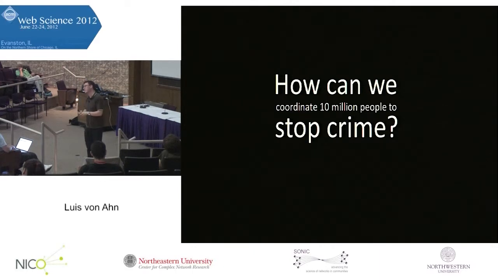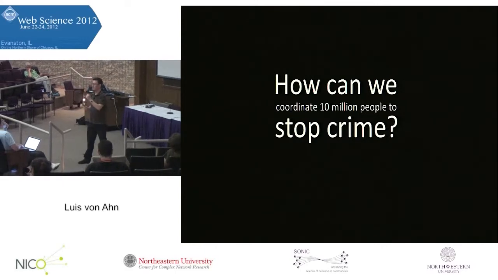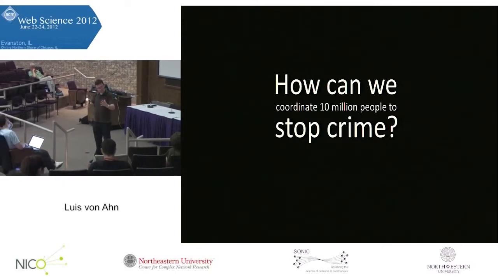So the setting that I have is a place where 99% of the people are not criminals, and 1% or less are criminals. How can we get these 99% of people? It's amazing that 1% of the population is completely screwing everybody up. How can we coordinate it? And it's because the other 99% are not coordinated enough. How can we coordinate them to stop this tiny, tiny fraction of people who are doing bad stuff? That's what I would like to do.